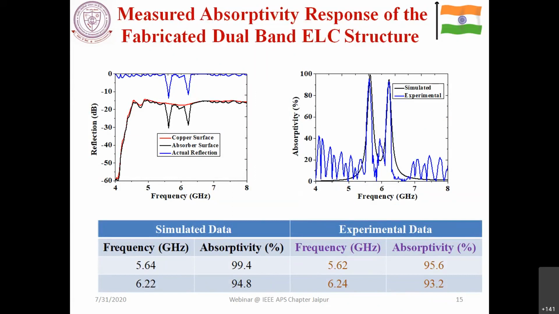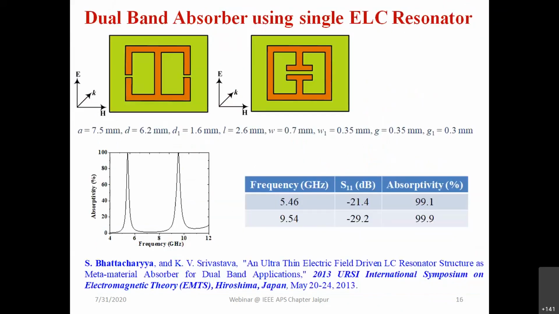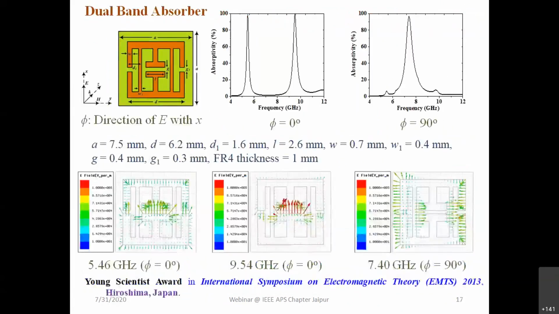Now, what you can do, you can also make a dual band absorber. Here you are using two distinct absorber samples, two distinct emissions like this, combined in a third one. I'm sorry that this one was not really done. So combined in a third structure this way, okay? So in this third structure, whenever you are orienting the electric field along this direction, you can get two separate absorption bands, okay? While when the electric field is oriented along this direction, you are getting a third absorption band separate from these two.